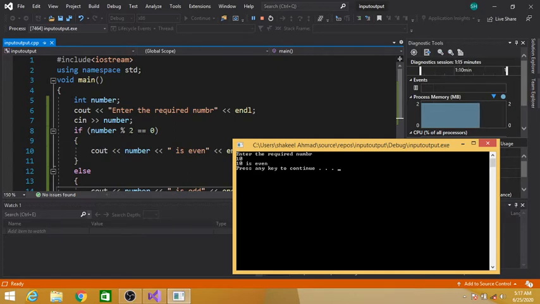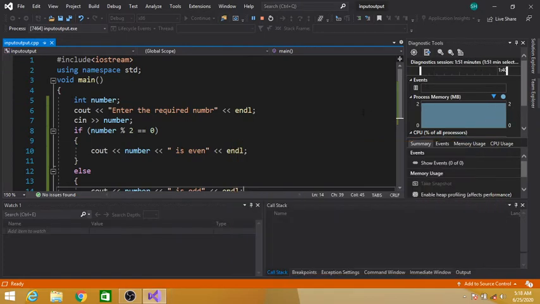Then 10 modulus 2, the modulus operator returns the remainder. 2 multiplied by 5 is equal to 10, so the remainder will be 0. So 0 is equal to 0. This condition becomes true, so this statement is executed.